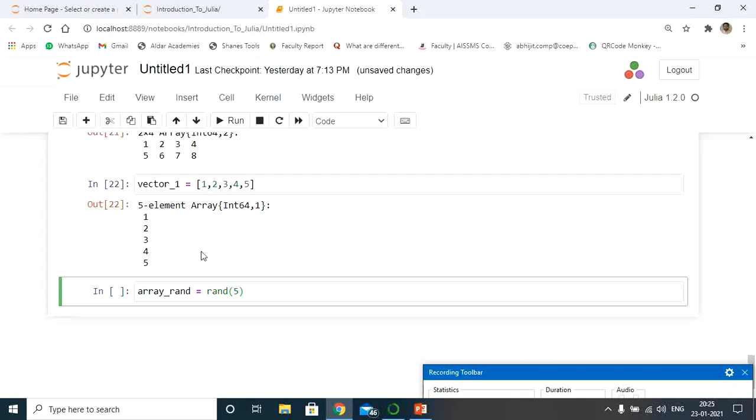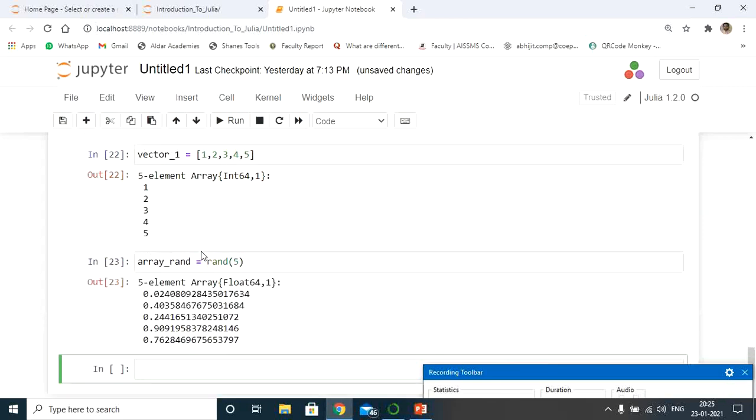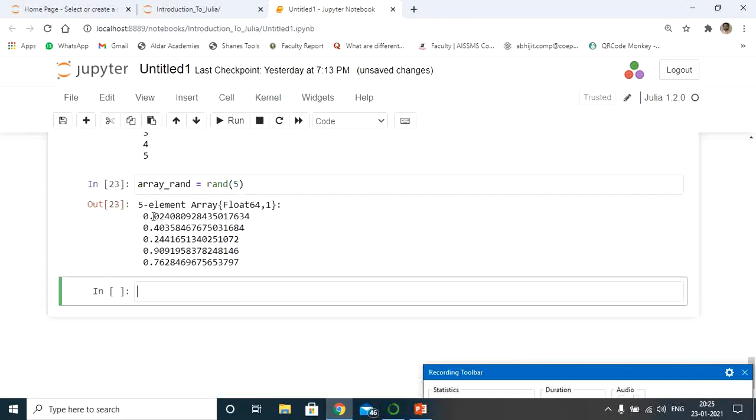Shift and enter. Let's see what values I'm going to get. Have a look at this. It has given me random values using the rand method, using the array technique in Julia. The type is an array here, and the element type is Float64.